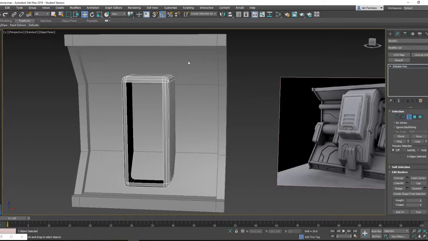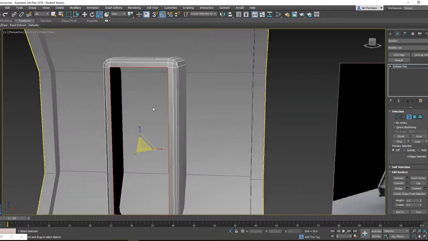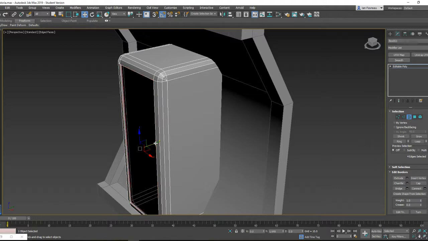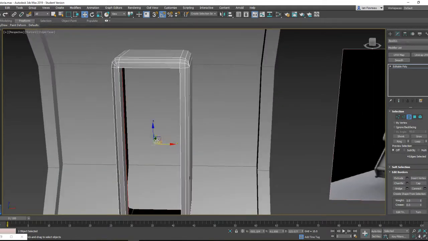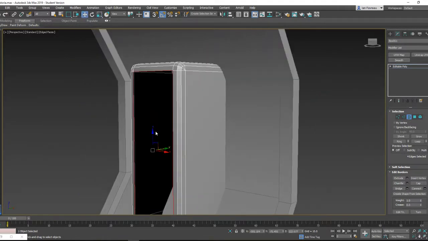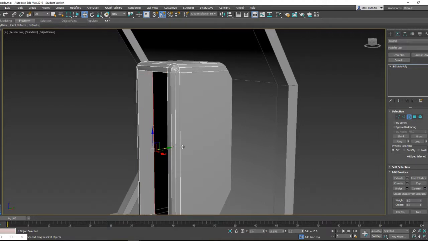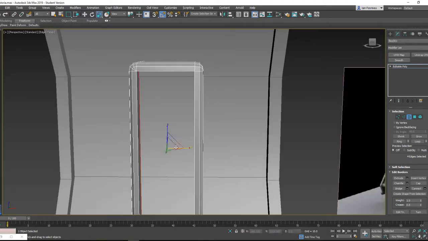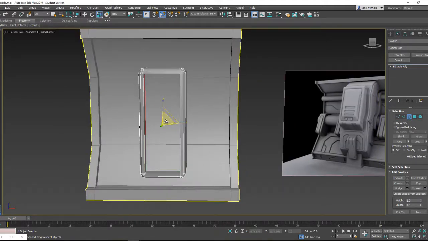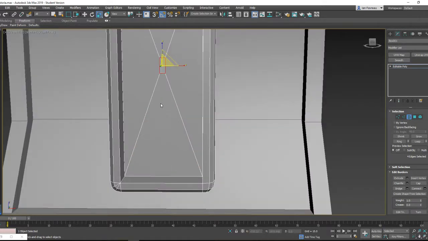I'm gonna go into border tool, marquee select that, and then I'm going to close this off. Actually, before I do that, I'm gonna make this kind of like a control panel. What I did there is I just shift to create a new line, and then drag that out. And then I'm just gonna be kind of lazy, so I'm gonna do shift and then scale this all in. Go into wireframe mode,